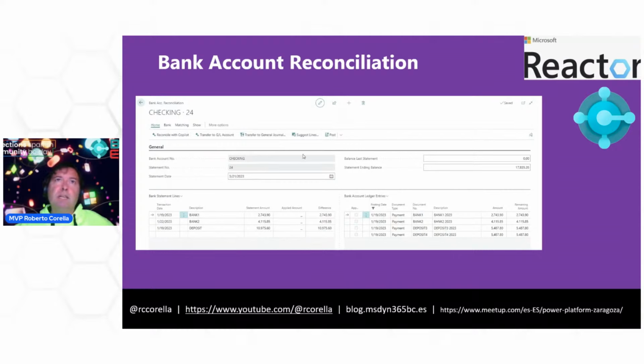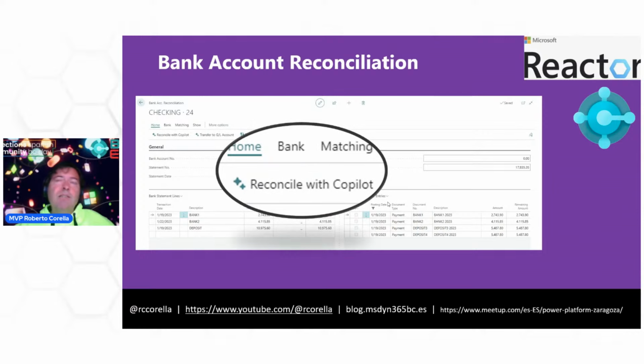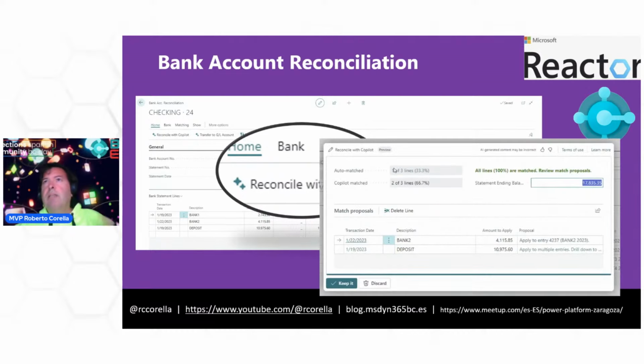As you can see here, we have a new image for the Business Central. This is this kind of image with stars, and this is the way to create to reconcile